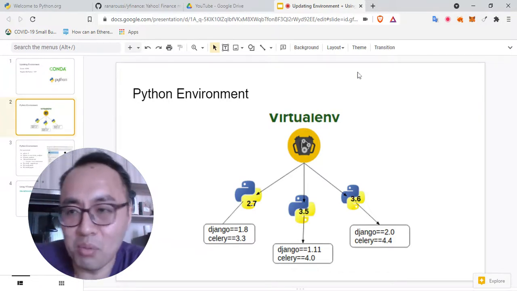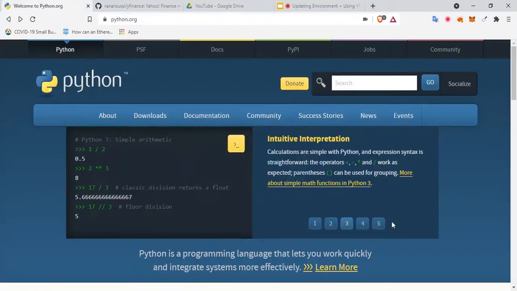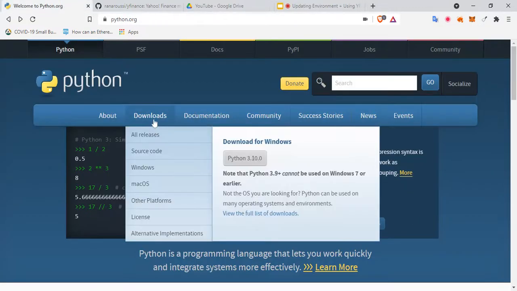So the first thing you want to do is go to Python and, under downloads, download whichever is relevant for whatever OS you're using. Windows does not come with this, so you will need to install it. But I believe Mac comes with Python, so you don't have to do that. And Linux comes with Python as well. So just download it, install it, and when you're done,